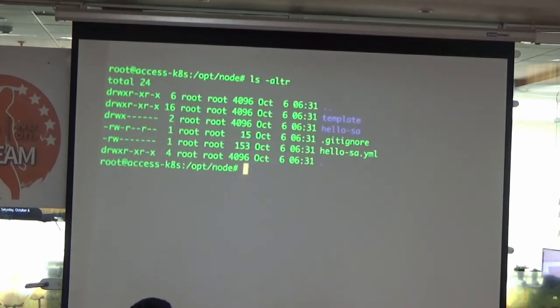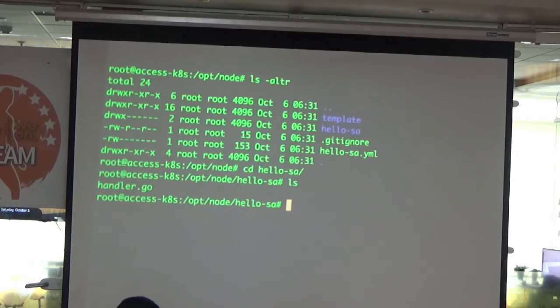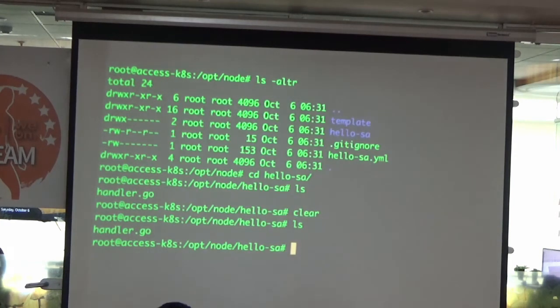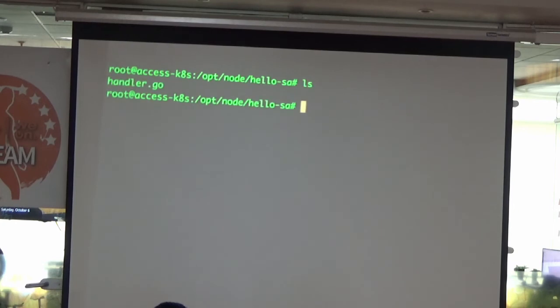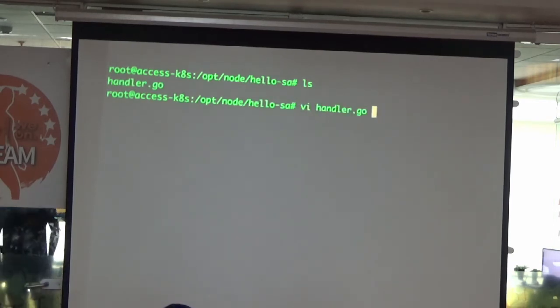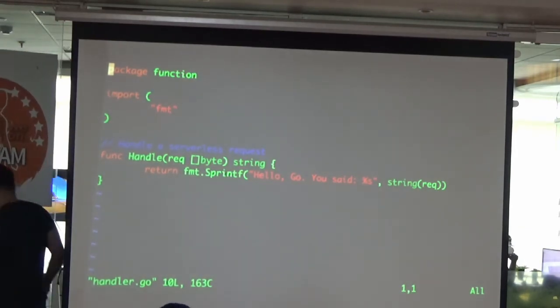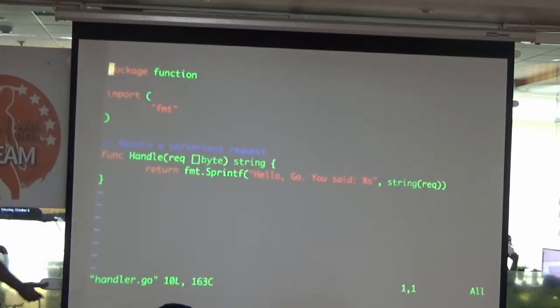So I created this, and it will be completely different, because if you go into this now, hello something, and see, there will be a different structure in it. It is giving you a Go file. If I open this Go file, this is specific to Go. I showed you Python 3 before, but this is specific to Go. So it gives you handles in .go, but for Python 3,